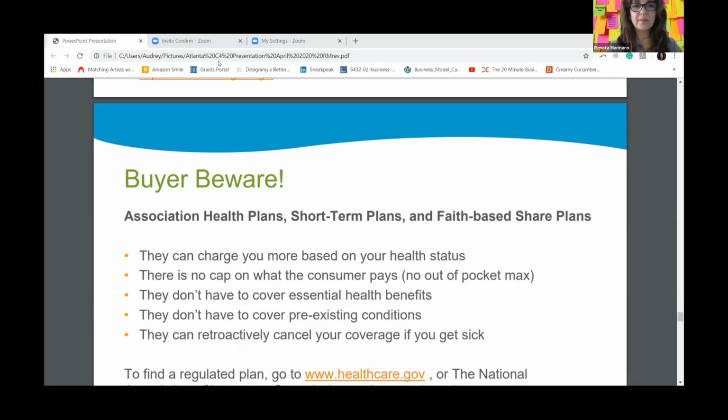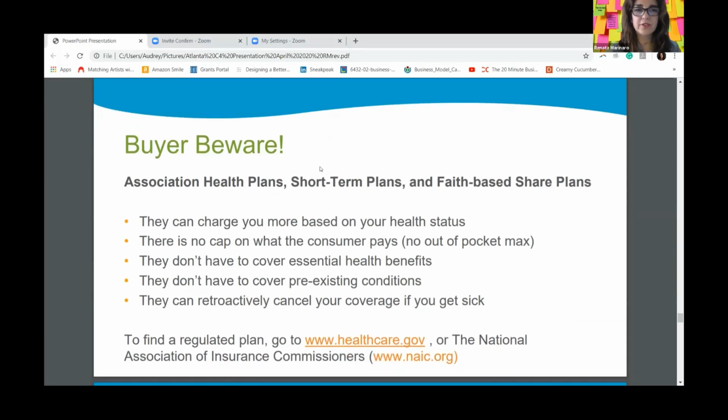Okay, so I'm going to talk a little bit about some of the junk insurance plans that are available right now. I just want to note that these are plans that don't follow the ACA regulations. These are plans that you might see online or get an email about. They're really fishing for clients right now because they know that some people are uninsured and might be tempted by something that isn't really beneficial to them. There are different kinds of plans that veer from the ACA model that we were talking about earlier.